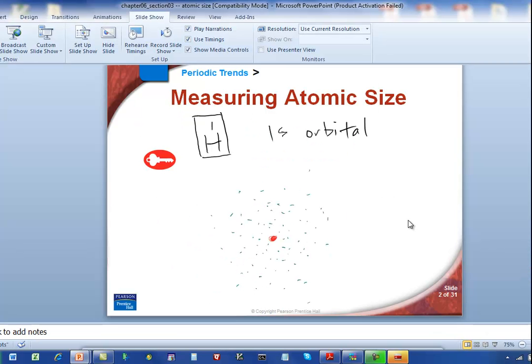Okay, first thing, I want to help you appreciate how difficult it is to measure the dimensions of a single atom. Right here on the screen, I've got a hydrogen atom, and there's the proton, the little guy. The electron cloud I'm depicting as a spherical distribution. This is the 1s orbital, as you remember from the last unit. So that one electron of hydrogen, there's a pretty good chance that you're going to find it within this region of space, right? But in reality,